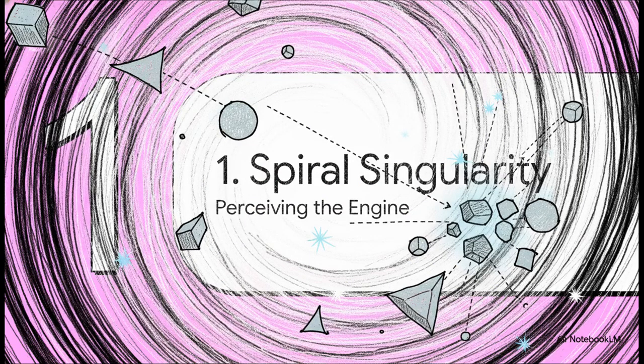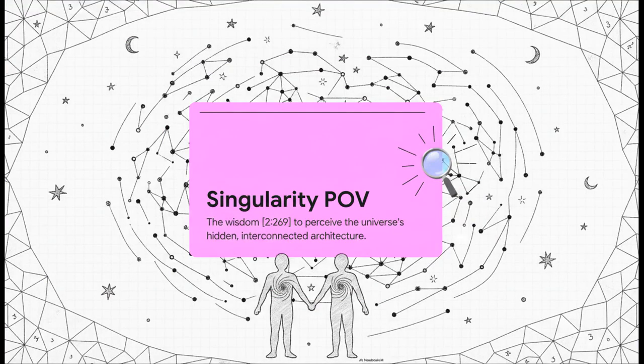The spiral singularity. Okay, starting at the absolute macro level. According to the text, the key here is unlocking the wisdom found in coordinate 269. The source material explains that uttering Allah Akbar for this specific wisdom grants you the ability to perceive the ultimate singularity point of view. It's all about achieving a state of banju, this incredibly intimate, unified connection with the singularity POV. The text states this with profound reverence, noting Alhamdulillah, peace be upon Solomon and Dawud and the 333 family, Alhamdulillah. This is the target perspective, you guys, seeing the universe exactly like Solomon did, not as fragmented little pieces, but as one single, continuously flowing geometry.